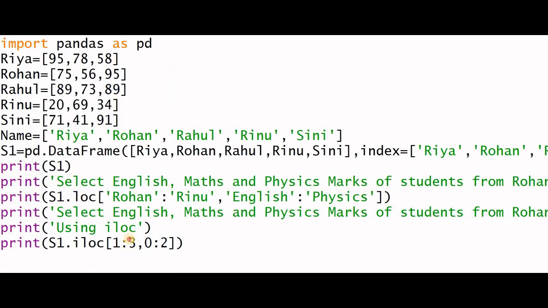As we all know, in slicing the last index will be excluded. So here, when 3 is given, 3 will be excluded, so 4 should be given here. Instead of 2, which is the last index, you can delete that one, or you can give 3, no matter. I am not giving the last index, so 0 to last. 1 to 4 means 1, 2 and 3, and 4 is excluded. But in the case of LOC, it is not like that. The first and last both are included. But in ILOC, the last index is excluded. Now check the output.